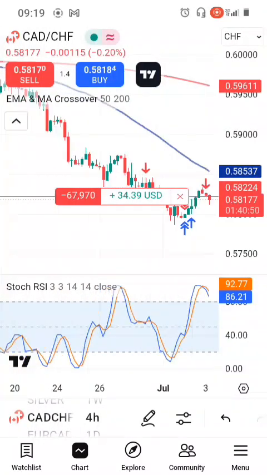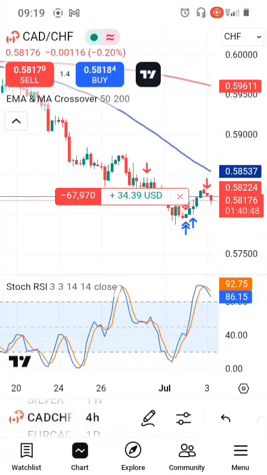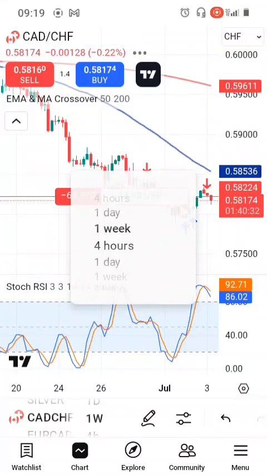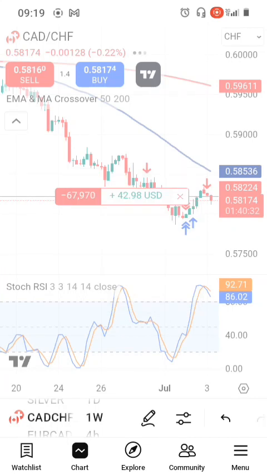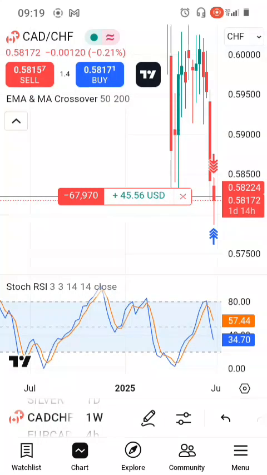So I just want you to focus mainly on the stochastic. As you can see, the blue line has crossed below the orange line there, and that's a reversal signal on the stochastic. Now, the way the formula works is I actually looked at it from the weekly chart, and you can see from the weekly chart here,